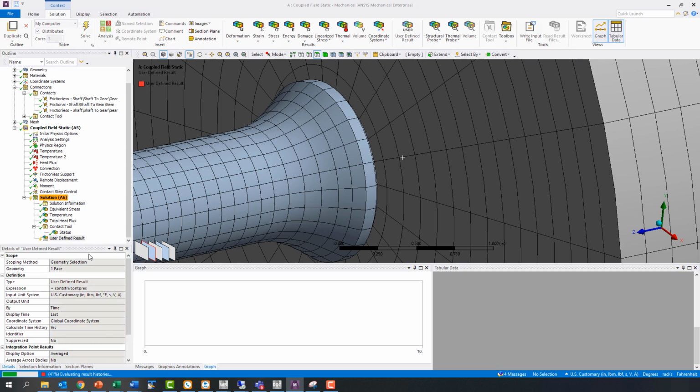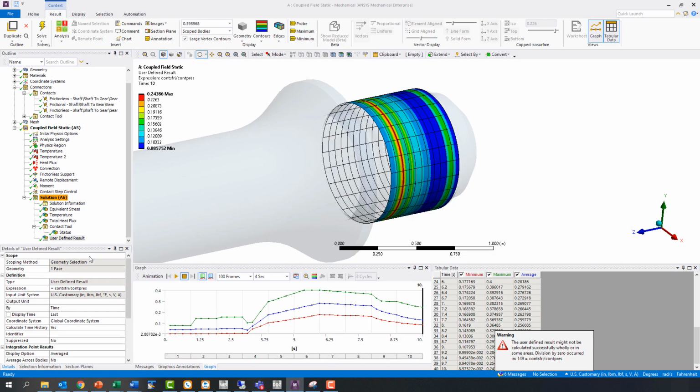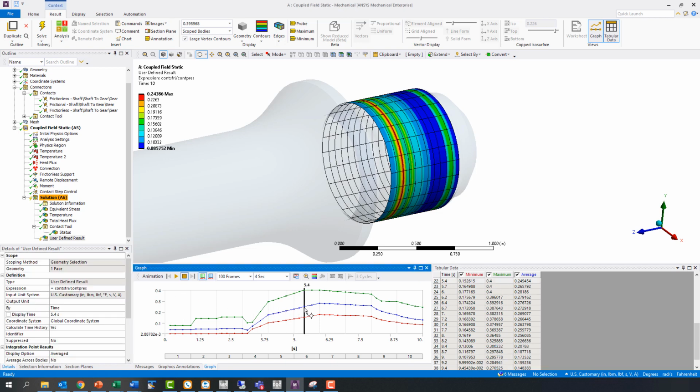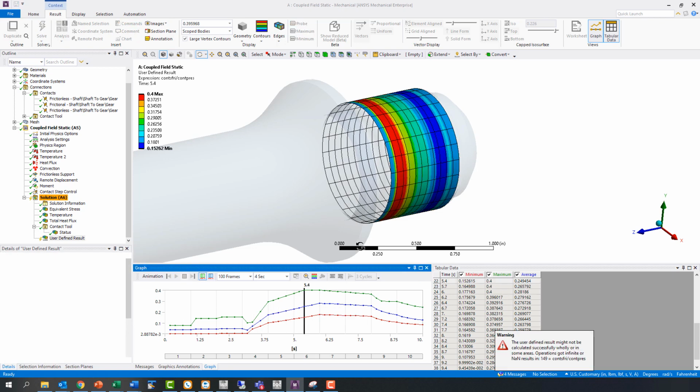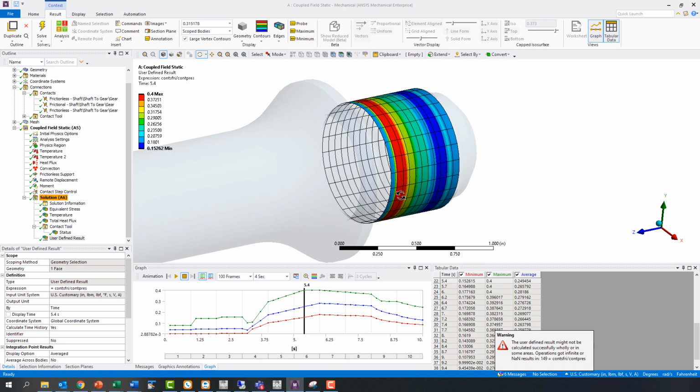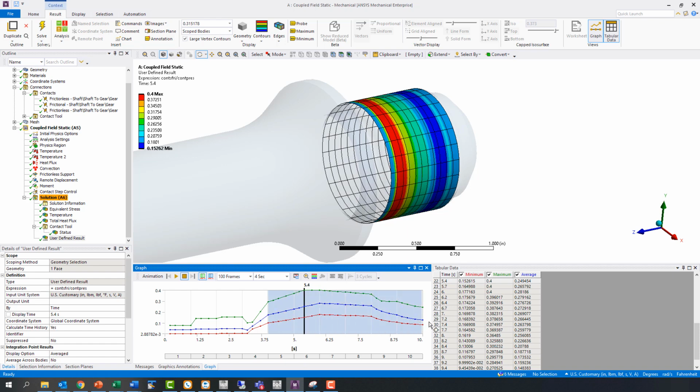The resulting contour is of the friction coefficient required to prevent slipping, and by looking at results from around 5.5 seconds, we can see that indeed that number rose to 0.4 for a time during the solution. We can then animate this result to get a feel for how the frictional threshold distribution responds to the various